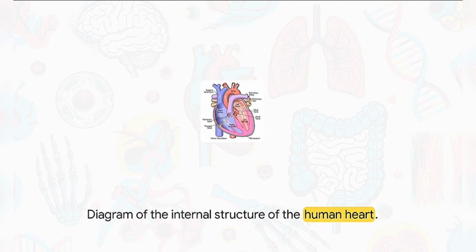It starts up top in the sinoatrial node, which fires off a signal that travels through the two atria, telling them to pump blood down into the ventricles. But here is the genius part. The signal deliberately slows down for just a fraction of a second at the atrioventricular node. That tiny pause is absolutely critical. It gives the ventricles time to fully fill with blood before they powerfully contract, pumping blood out to your lungs in a pulmonary circuit to grab oxygen, and then out in a systemic circuit to deliver that oxygen to the